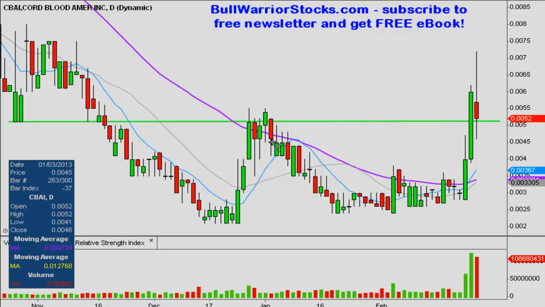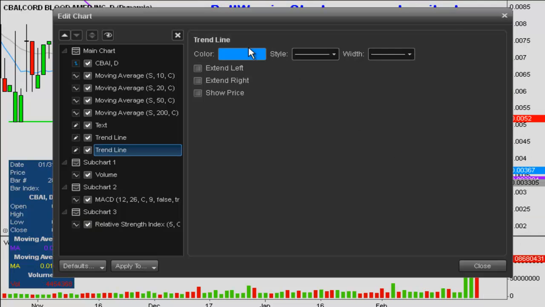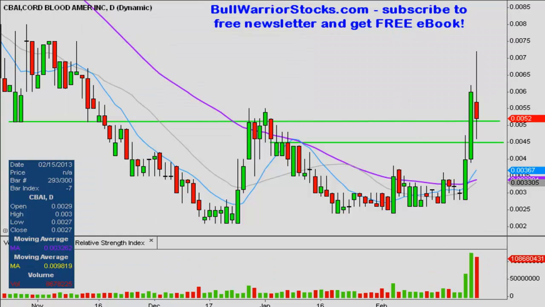And then just on another area right here, and we'll call this at 0.45. Again, I'll show where that comes from. Looking back here, you can see some price history there. But really, at the end of the day, the key level of support that matters from the overall chart perspective is going to be this purple line down here, which is a 50-day simple moving average, and that's valued at 0.0034. Now, I know nobody would want to see it drop all the way down there, but the point being,